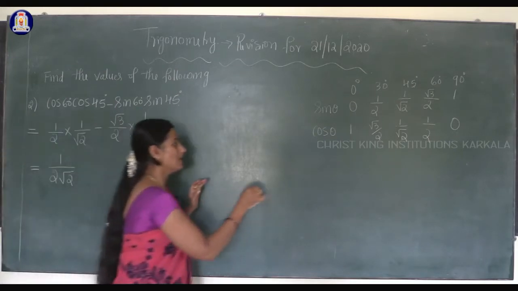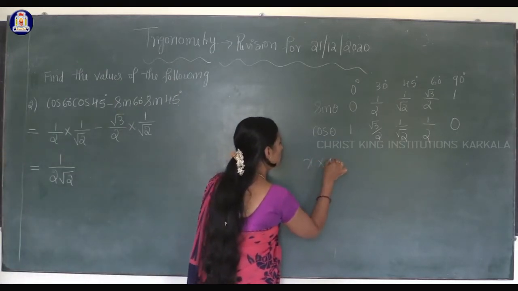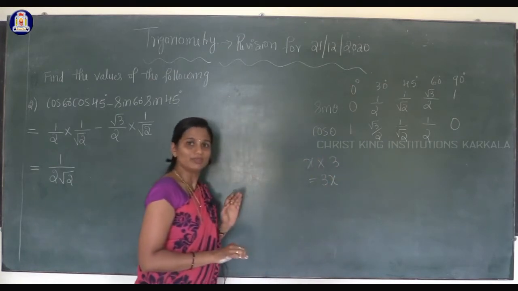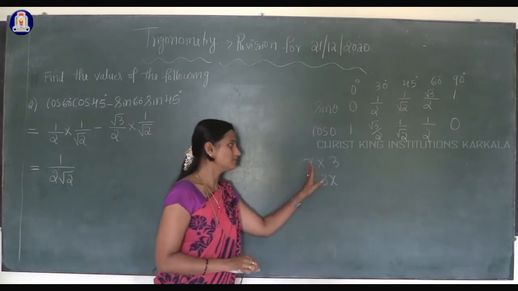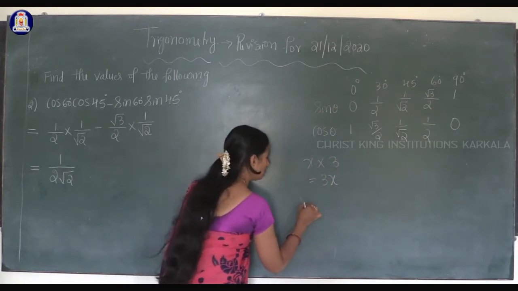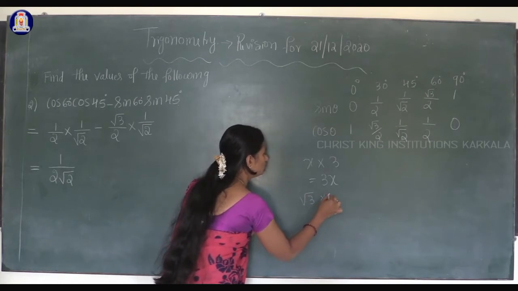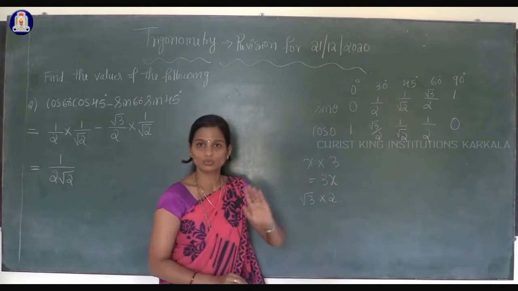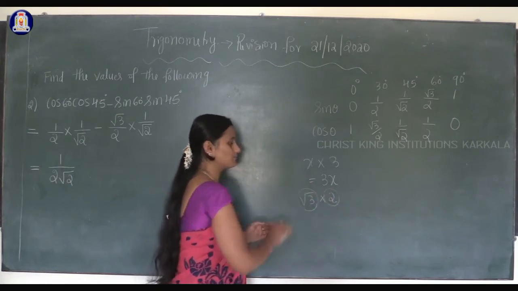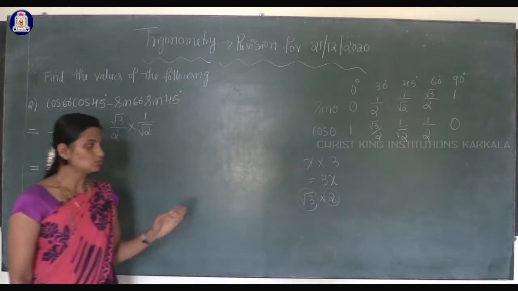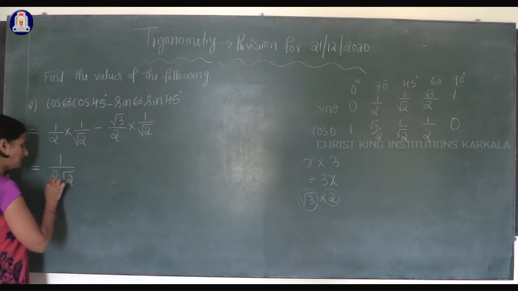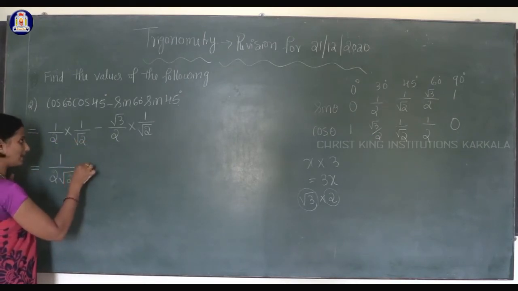If it is x into 3, how are we writing it? We are writing 3x. Correct now? 3x. So x is different, this 3 is different. Okay. So similarly root 3 into 2 is not equal to root 6. This number is different and this number is different. See the difference. So it is 2 root 3. Yes, here 2 into root 2 is 2 root 2, minus.